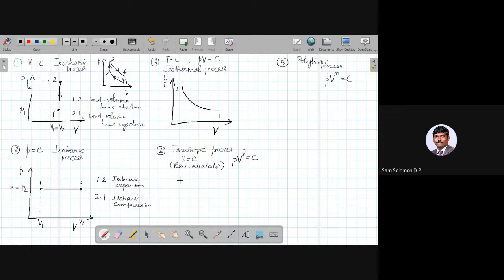So that will be similar here also. For an isentropic process also, you will have a curve. The only thing is the location will be different. Okay, I'll show that also. So here also you have a curve. For a polytropic process also, you are going to have a curve. But there will be a slight variation in the slope of these three curves. That's all. Okay.